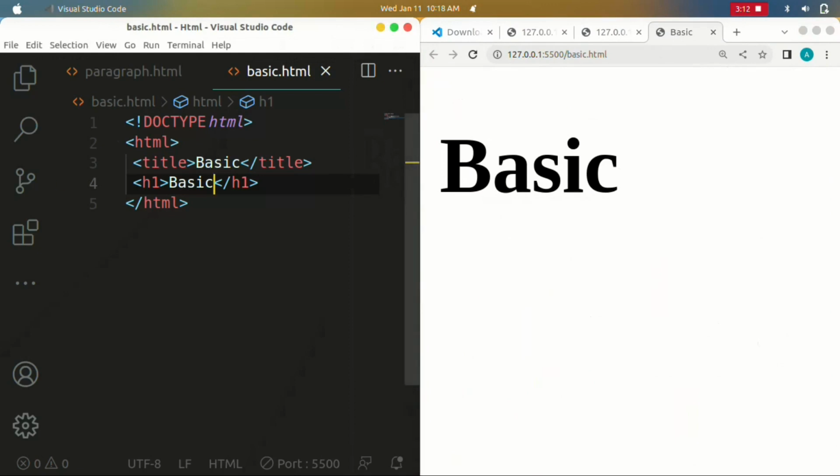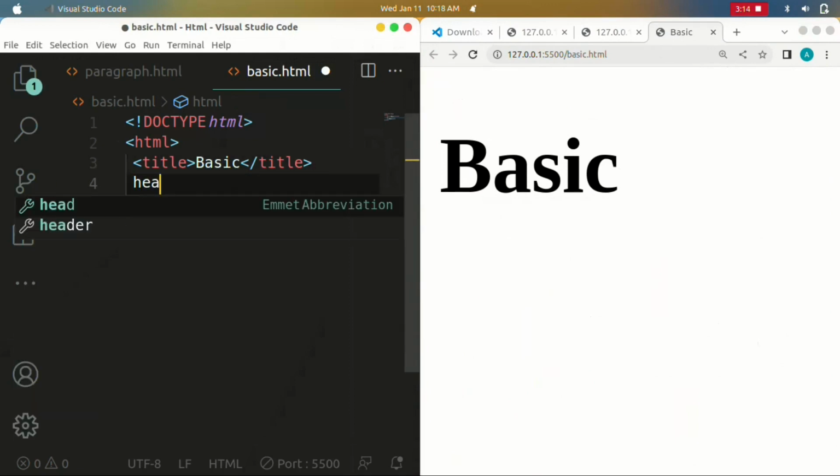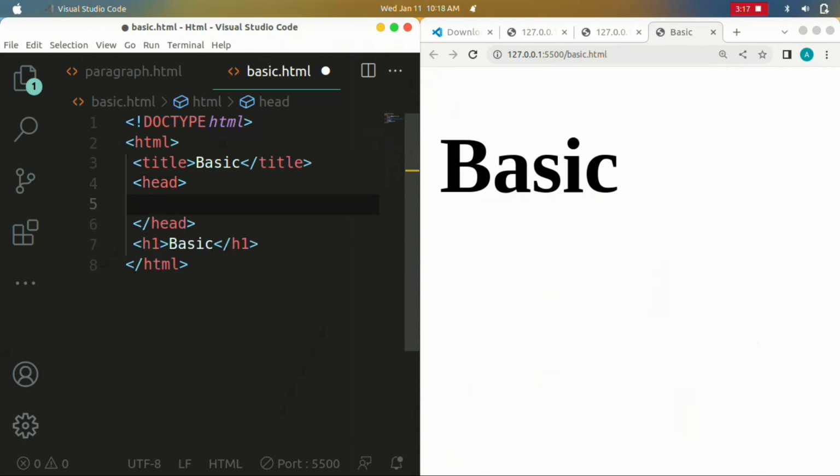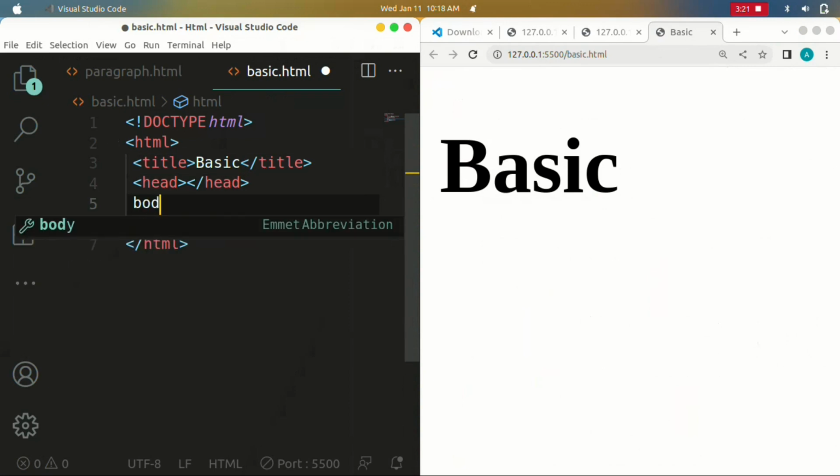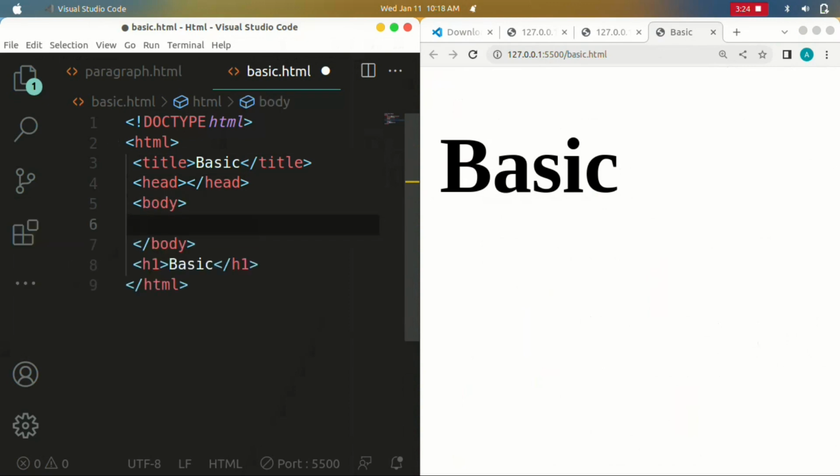So after we've done the title, let's put the head and the body. The body is where you are going to write the real HTML code. So this is how HTML is set up. There is more I'm going to show you, but now let's continue what we're doing. So you have to remove this H1 from here and paste it here. So H1 basic. So if I run it now